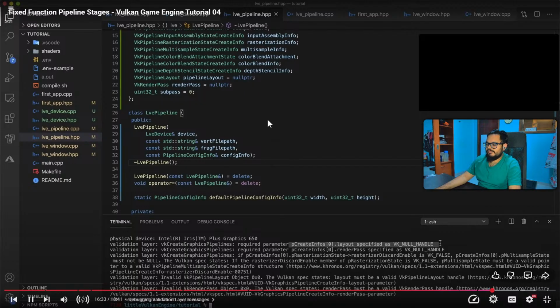So we have the function call where the error occurred, in this case vk create graphics pipelines, and it tells us that we've passed a null value for our layout parameter. Just below we have a similar message saying we did the same, but in this case